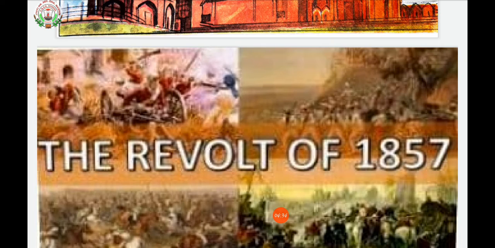Causes of the revolt: political cause, British policy of expansion. The political causes of the revolt were the British policy of expansion through the doctrine of lapse and direct annexation. A large number of Indian rulers and chiefs were dislodged, thus arousing fear in the minds of other ruling families